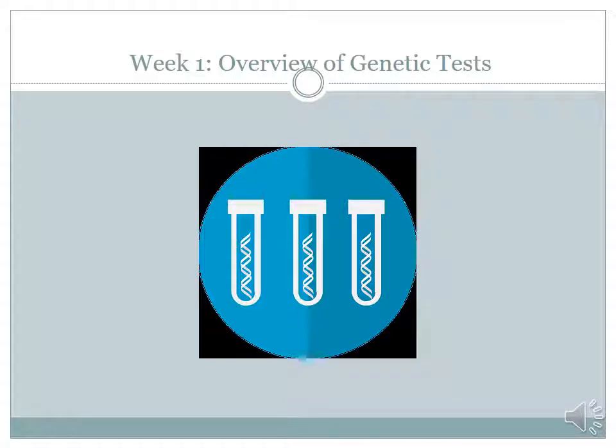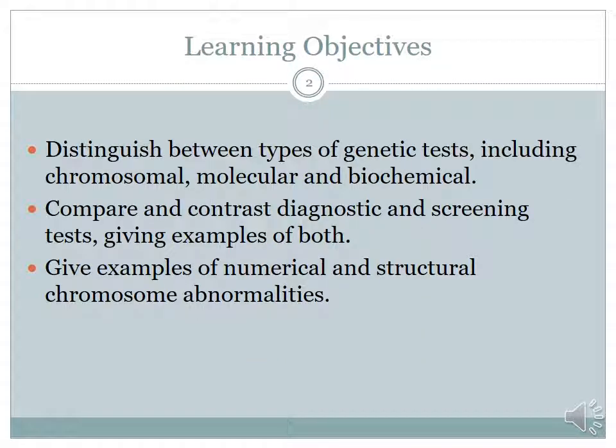This is week 1 overview of genetic tests. The learning objectives are to distinguish between types of genetic tests, including chromosomal, molecular, and biochemical, to compare and contrast diagnostic and screening tests, giving examples of both, to give examples of numerical and structural chromosome abnormalities,